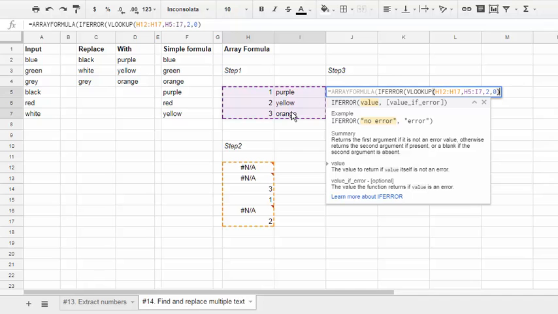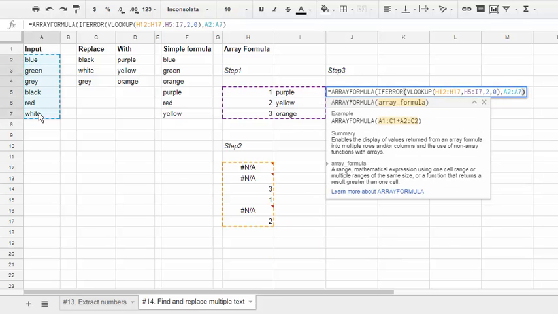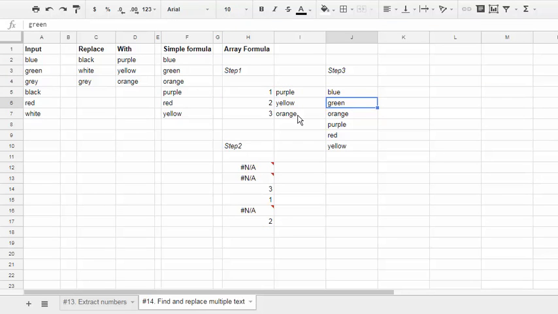I close my VLOOKUP formula, now we hit comma, and if this value is an error, and we see it's an error in here, here, and here, then return me the original array from here, from A to A7. Press enter, and the result